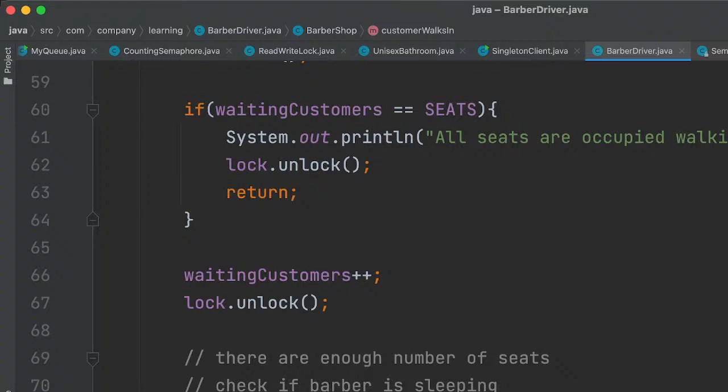So what happens if we call release on the semaphore multiple times?